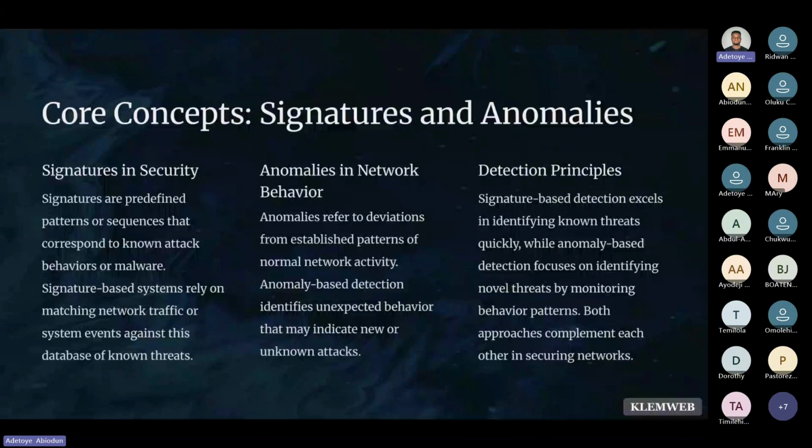So, detection principles. Signature-based detection excels in identifying known threats quickly. That is signature. I explained that very well, so I don't need to go back there. Known threats, that is the meaning of signature. While anomaly-based detection focuses on identifying novel threats by monitoring behavioral patterns. You see, that is anomaly, behavioral. So both approaches complement each other